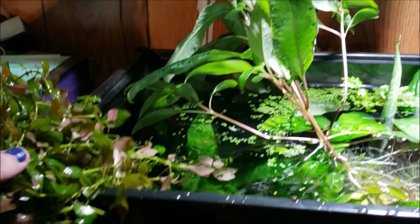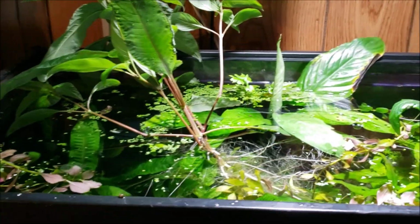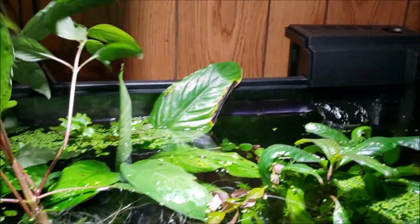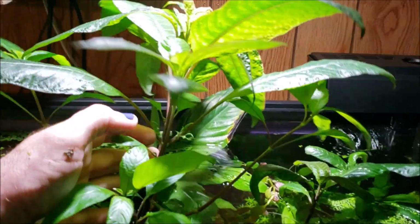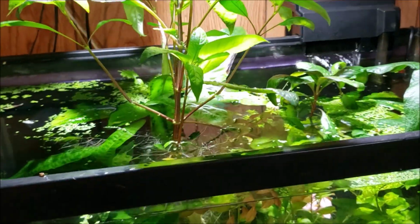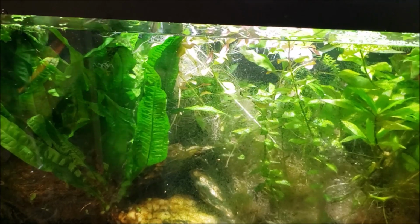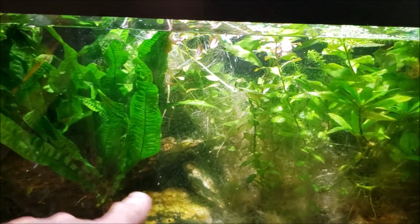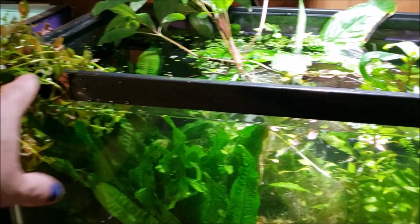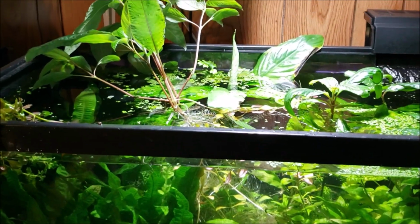Ludwigia. I got a lot of it in this tank, and so I went ahead and pulled all of that out. I've got plans for that. And when I did it, my Hygrophila here just sort of fell over. So it's pretty safe to assume that all of that massive plant that was in there, and for my regular viewers, you'll know that you couldn't even see into the tank before. All of that was sort of floating in this big mass up here, and that was apparently holding that